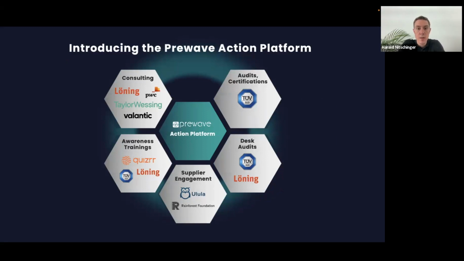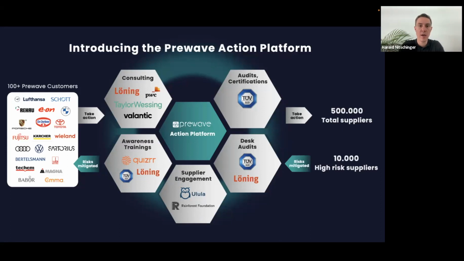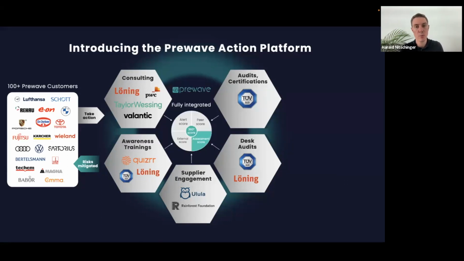It is a system that allows our existing customer base, which today are more than 100 customers that are working with us on these various topics of either supply chain due diligence or resilience, to take action with partners through one cohesive platform to mitigate risks with their risk suppliers. And it's precisely this mix of actions that are now possible with validated and vetted partners,